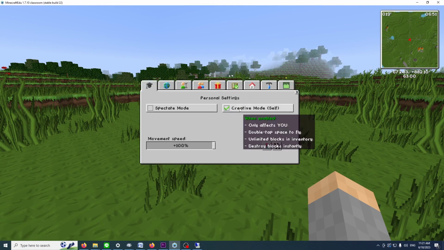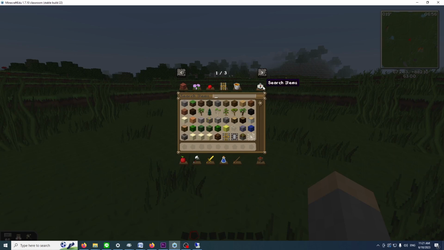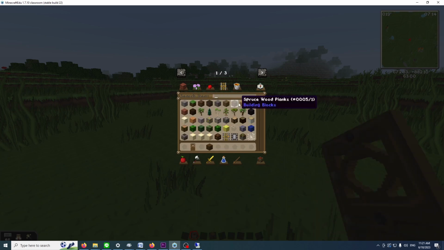Press M to make sure you're in creative mode. And then press E. Click over here where it says search items. And there's actually some wood at the top. We don't have to type anything. We can just grab some spruce, for example, and how about a door? Okay. We're also going to need a button